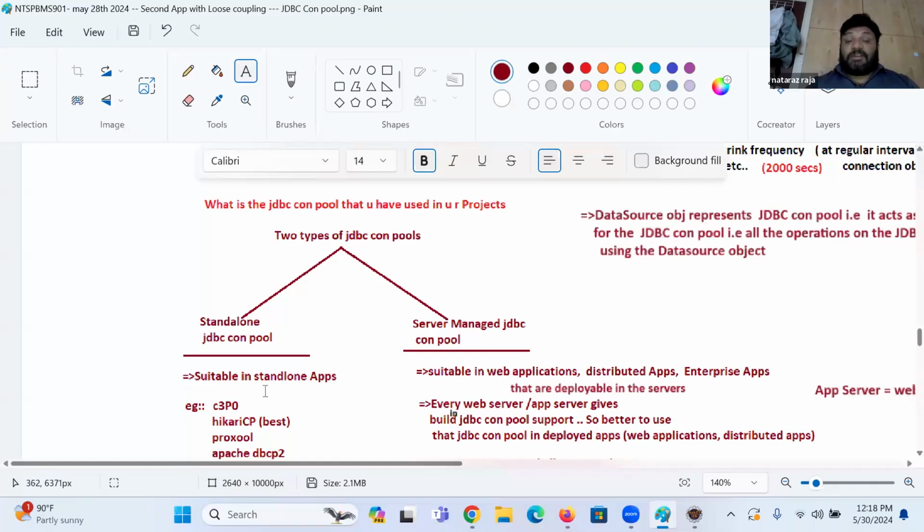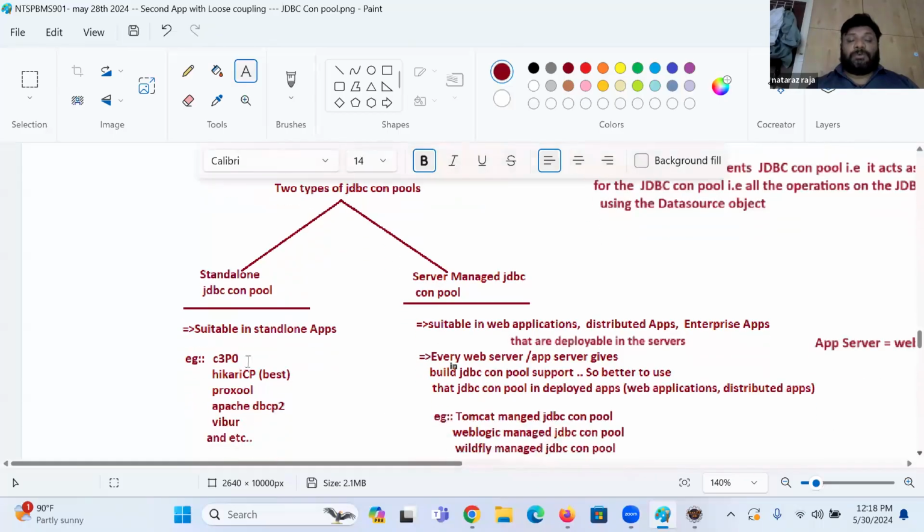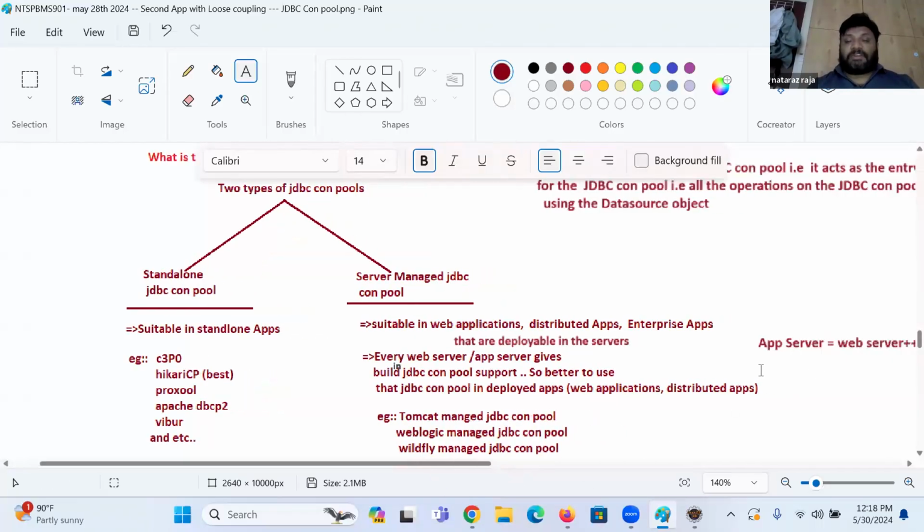See, standalone connection pools: C3P0, Hikari CP, Proxool, Apache DBCP2, Vibur. All these are standalone connection pools. They are readily available in the Maven repositories. We can get them and use them. They are there in the form of jar files. Every web server or application server, and application server is an extension of web server, guys, application server is equal to web server plus plus,